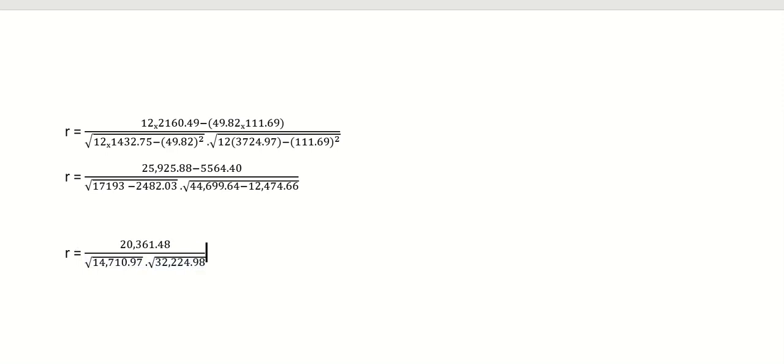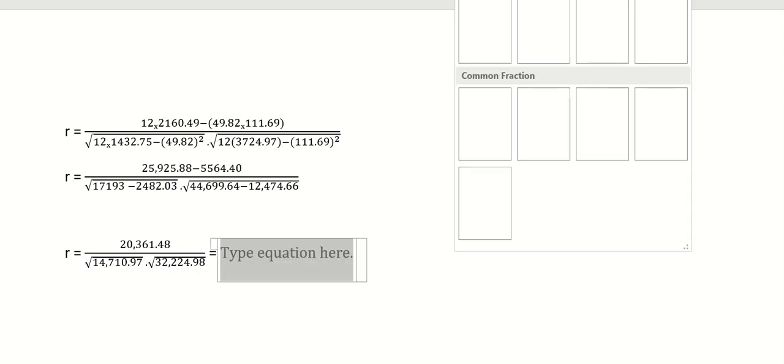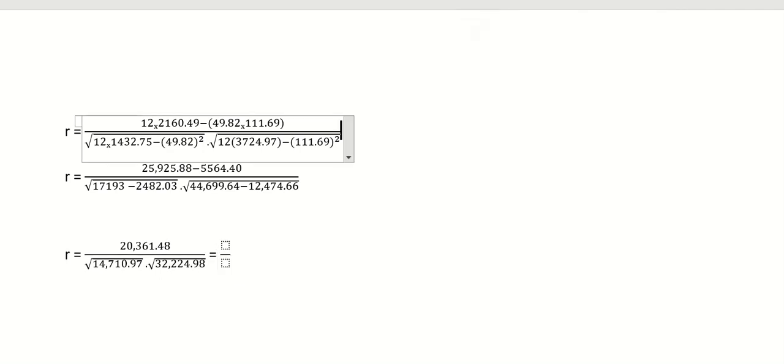Once you solve it, I'm just directly putting the answer here after square rooting and multiplying. The square root of 14,710 multiplied by the square root of 32,224 point something is 21,772.94, and in the numerator it will remain the same,